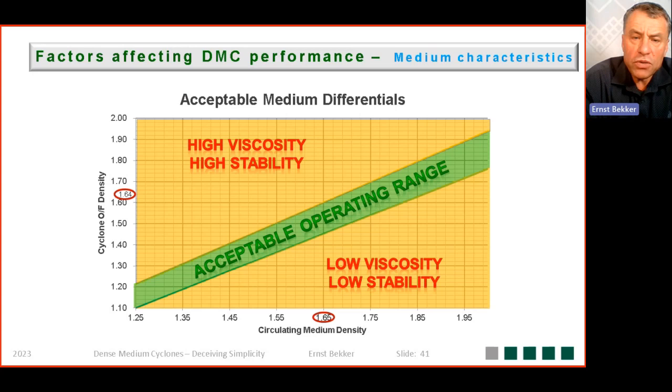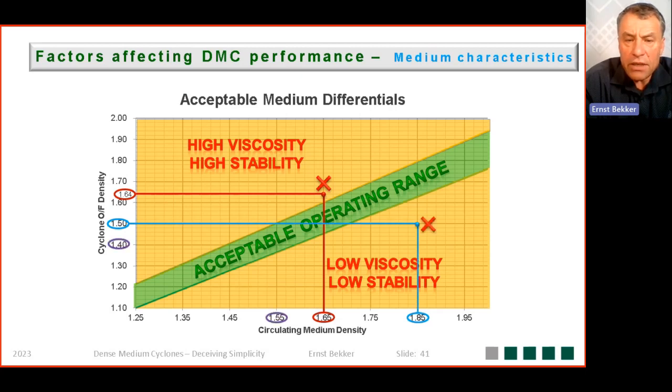And once you've got the two densities, you just connect a point and you see in which area the intersection takes place. That gives the indication of what is happening with the medium inside the dense medium cyclone. That's a very important reference point for us as suppliers to start investigating if there's a strange behavior within the